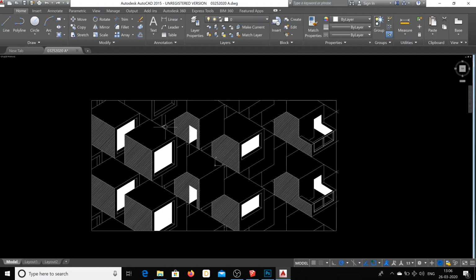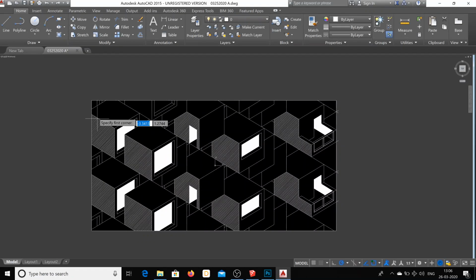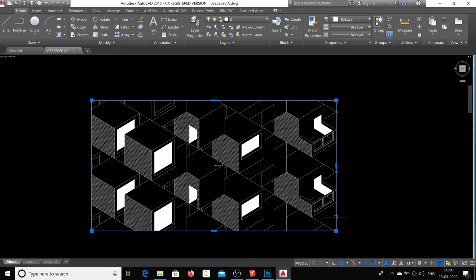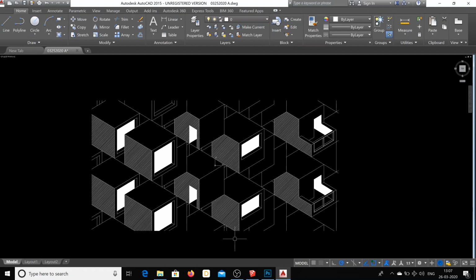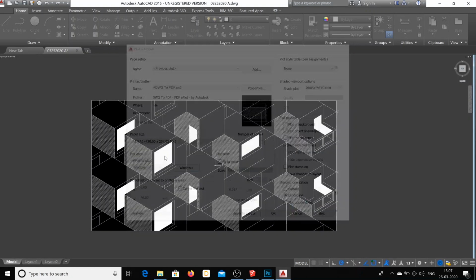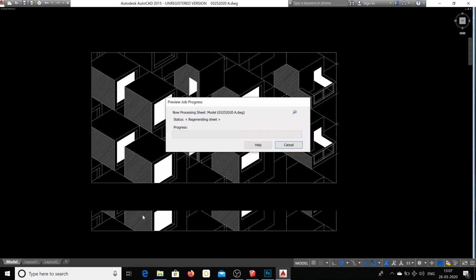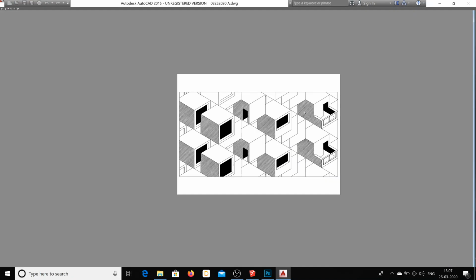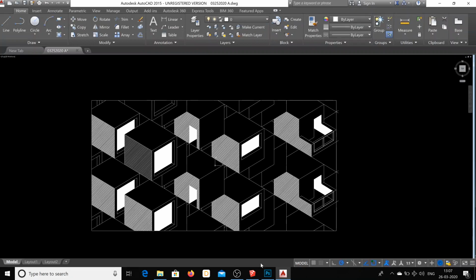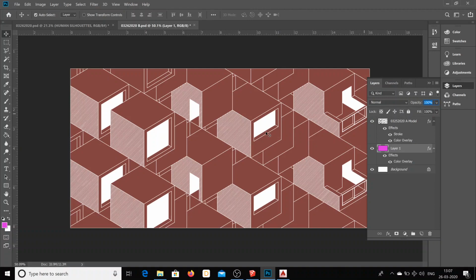Then I exported this one as a PDF, right? So it's already selected. I have drawn a rectangle before, because there was no rectangle. This line wasn't there. Okay, so I had to draw it because it defines the area when I'm working in Photoshop. So this is going to be the output. Okay, so with the same output, I took it into Photoshop on a certain A3 file